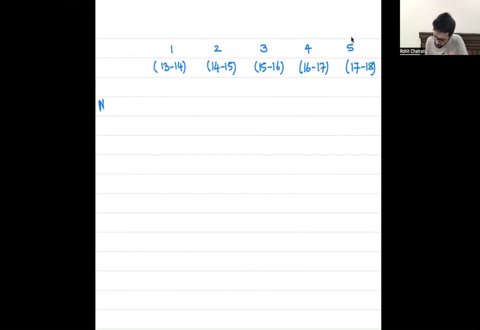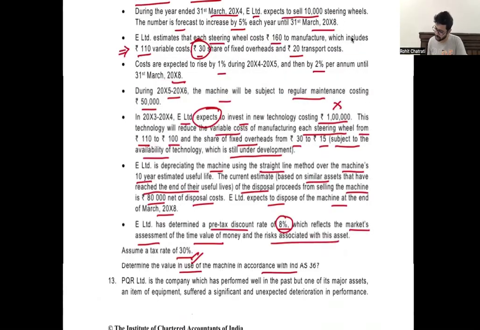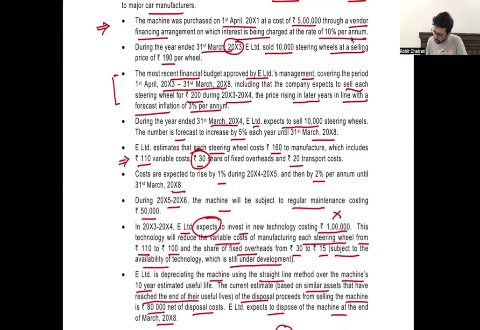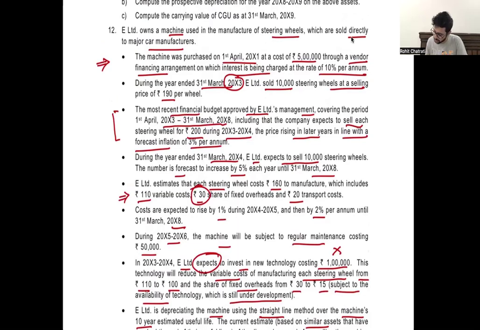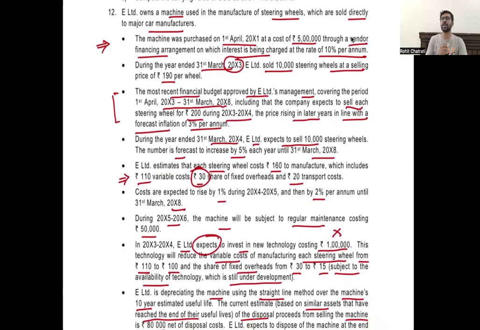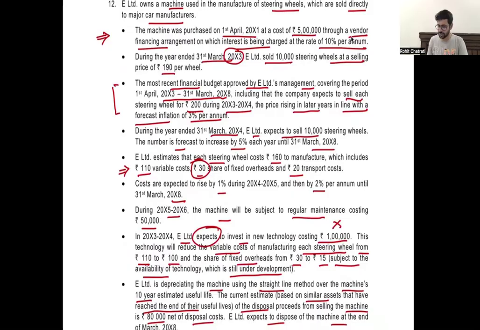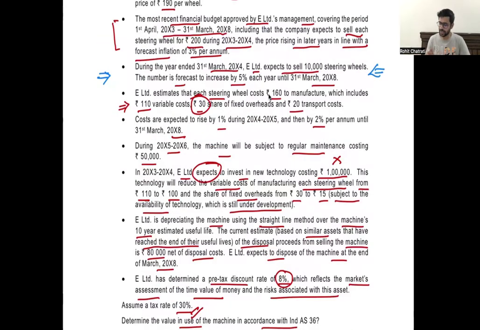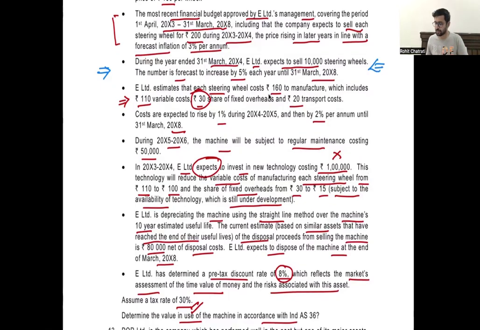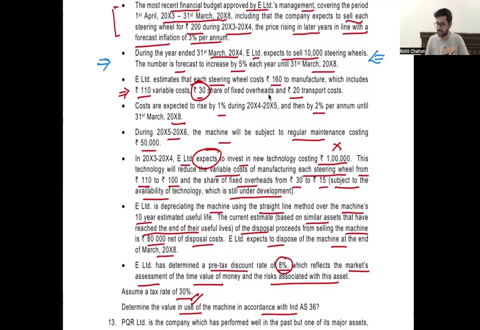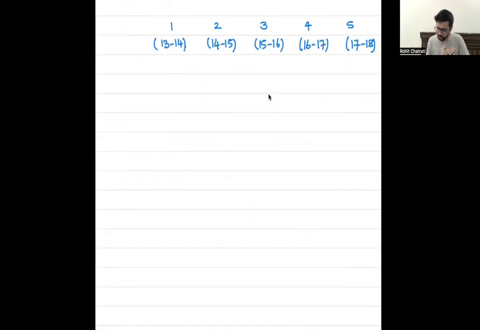Let's start with number of units to be sold. The question mentioned that in the year 1314, E Limited expects to sell 10,000 steering wheels. The entity expects to sell 10,000 units in the next year, and that is expected to increase by 5% each year until 2018. All right. So the number of units sold,